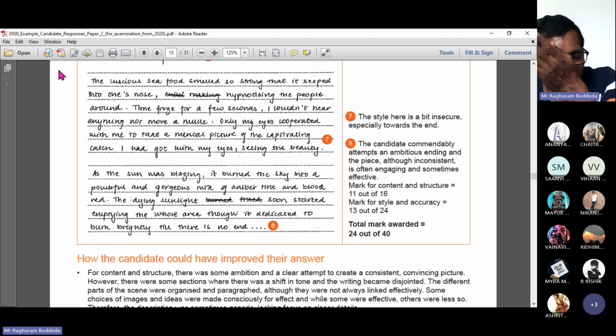Now the comment the examiner gave here, if you can read from the right side: the style here is a bit insecure. Yes, this is the style. There are a bit of vague, flat sentences, especially as they come to the close of your descriptive writing. Place, now the food, but there is no smooth transition, and at the same time the style is a bit generic information they provided here. Okay, last paragraph, I want to ask you to read.